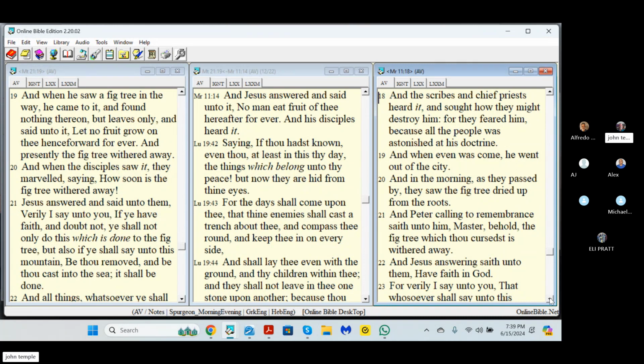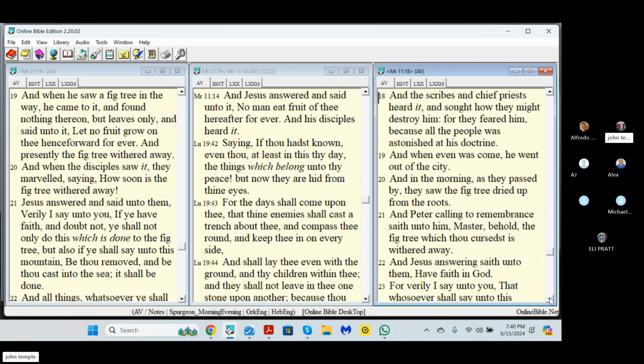The story itself seems to presuppose that it is the time of figs, since only then is there cause to be disappointed at their absence. But we know the time of figs is the time for the harvest. The miracle, which stands alone as a miracle of judgment in the synoptic tradition, and which from the very first was viewed as a symbolical cursing of unfruitful Israel, which it is, is viewed by some as a secondary reconstruction of the parable of the barren fig tree in Luke 13, which we saw, or some similar parable in the form of a dramatic incident.